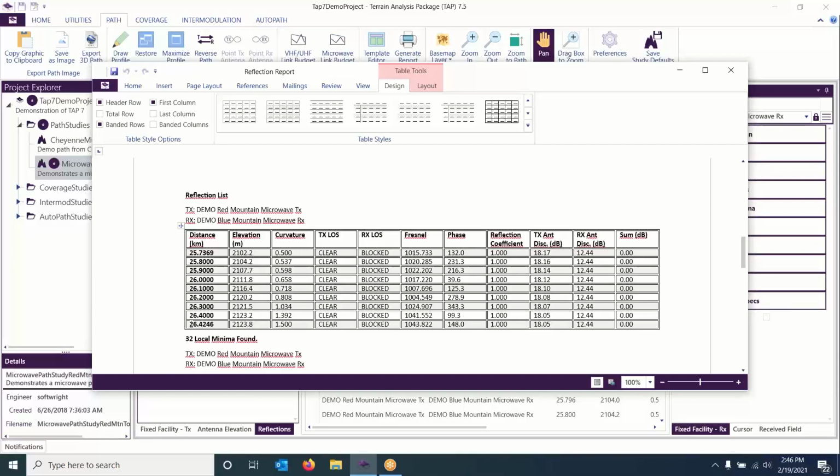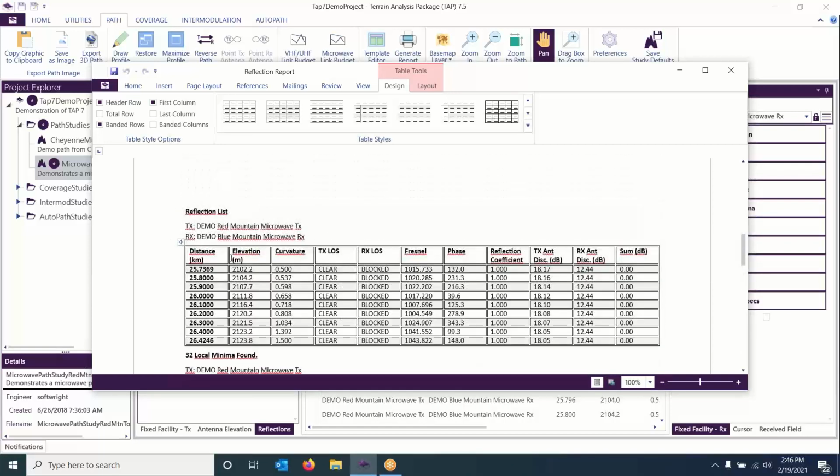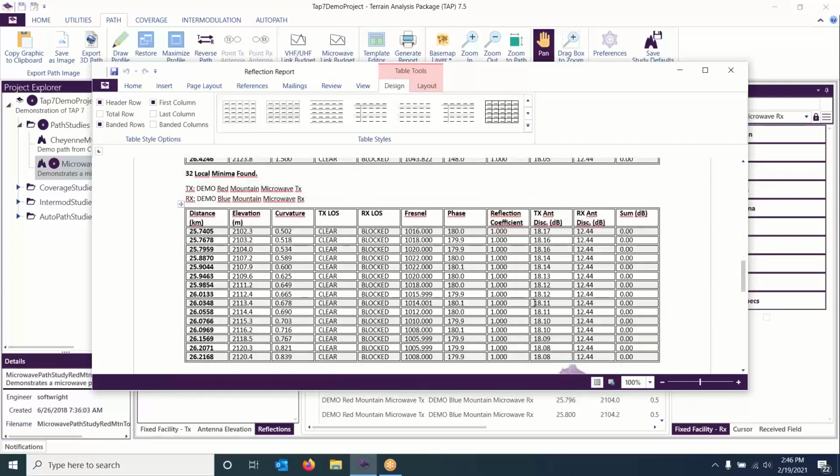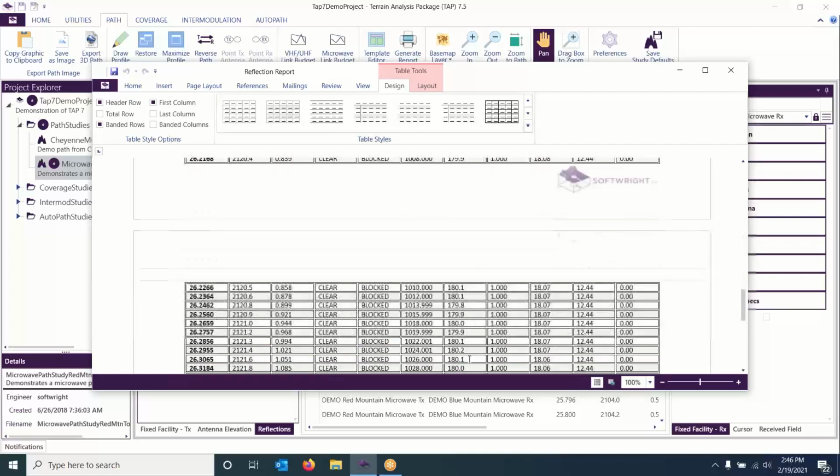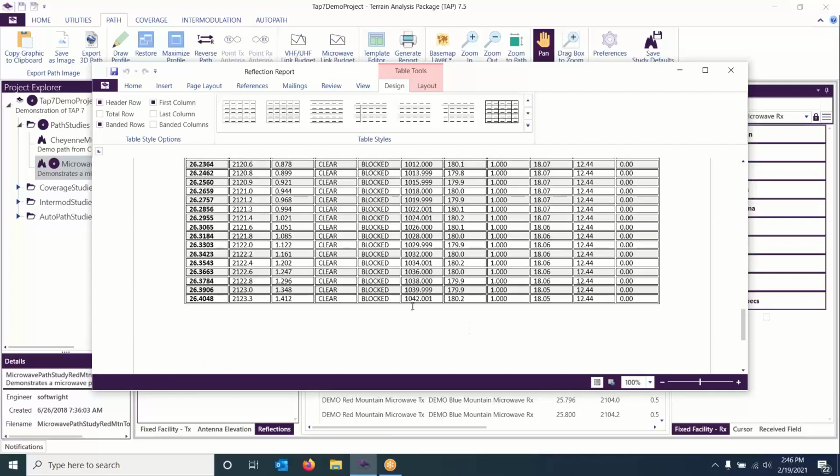These are the points, these are my endpoints, so the 0.5, the 1.5, and then all topo points in between go in this table here. And then the second table is all the local minima that I found, the phases for these, which are all going to be pretty close to 180 degrees, since they're all even Fresnel zones.